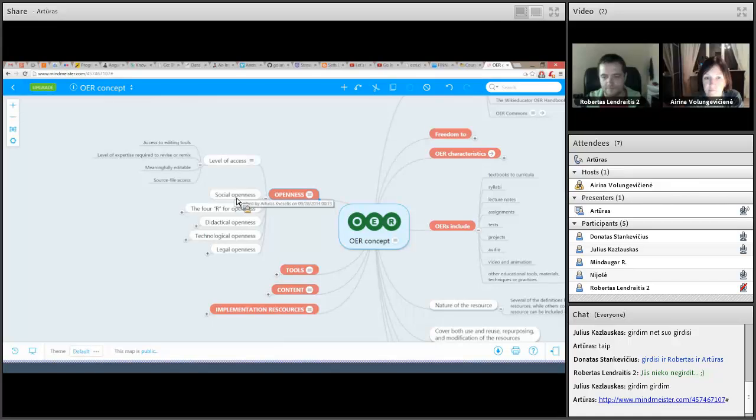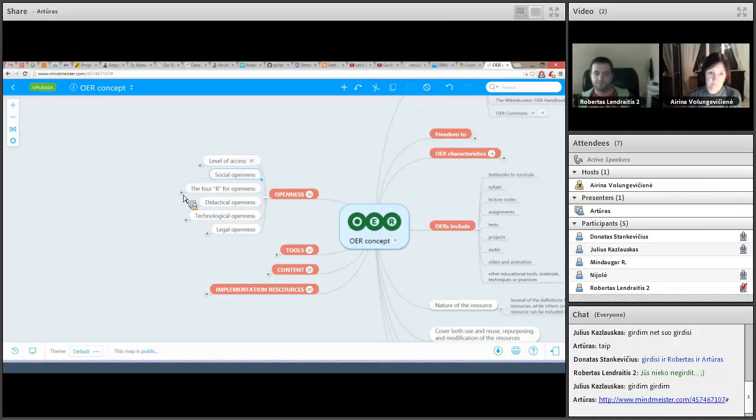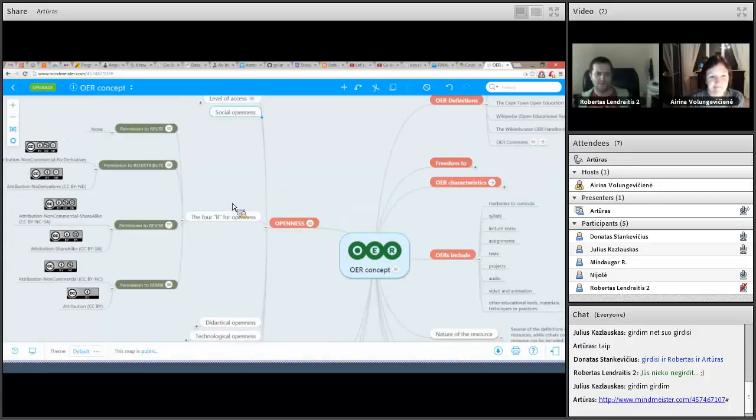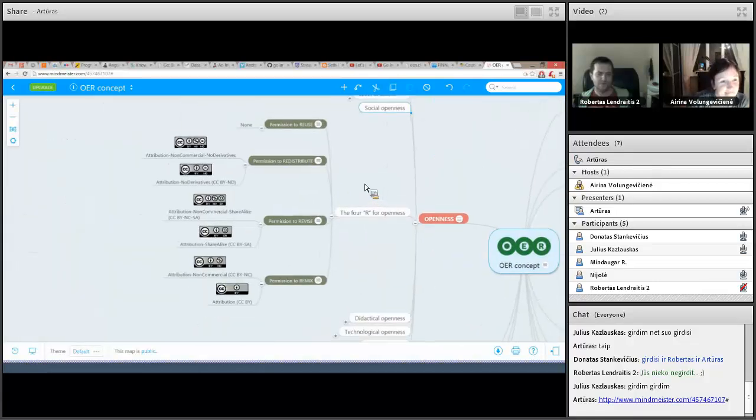It's social openness, how you can actually access it, how it's reached. And this is for OER. Someone suggested that kind of grouping, and we tried to put it in a separate branch. And here you can read what it means.